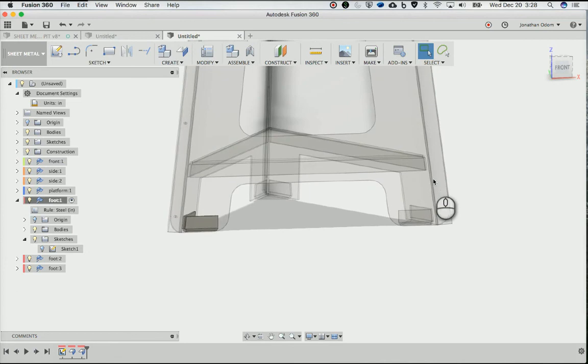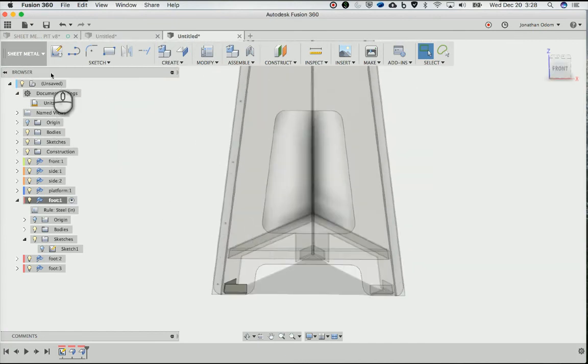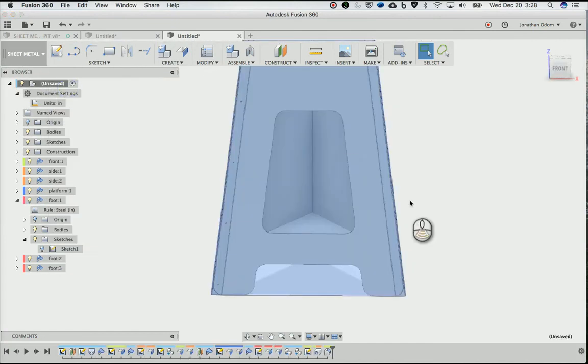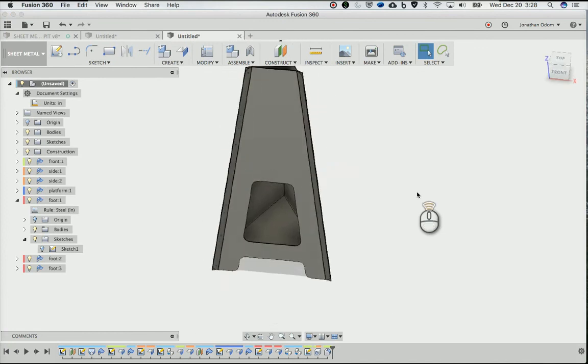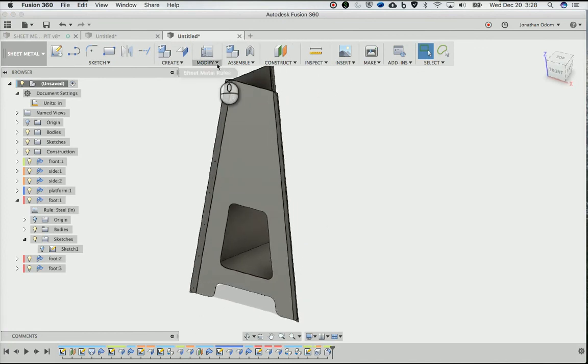The rest of these parts, of course, would need holes. So I've got 3 here, 2 on each side of the feet, and that's pretty much it. So I'm not going to deal with the rest of that. I'll just show you the next step once you've got all your stuff worked out, and that is to make